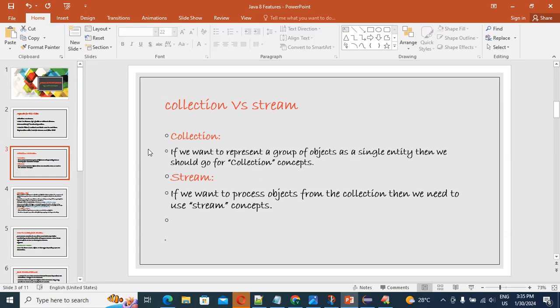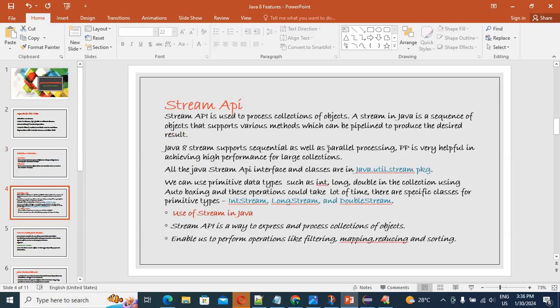Okay, then third slide. We'll discuss completely the stream API now, right? This video's main agenda is stream API and the filter method. These two things we'll discuss, theoretical as well as code base, both. So stream API, as I already mentioned, once you need to perform any action on top of the objects, that time you're going to use the